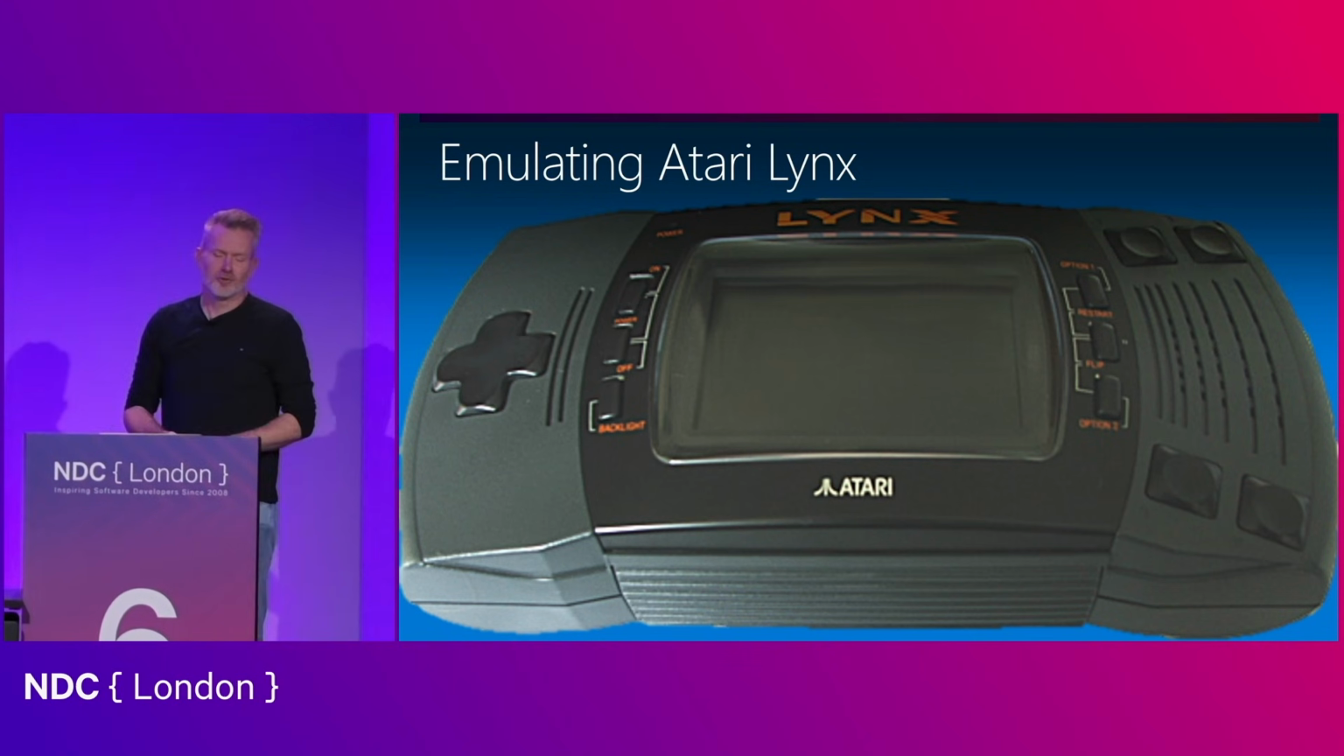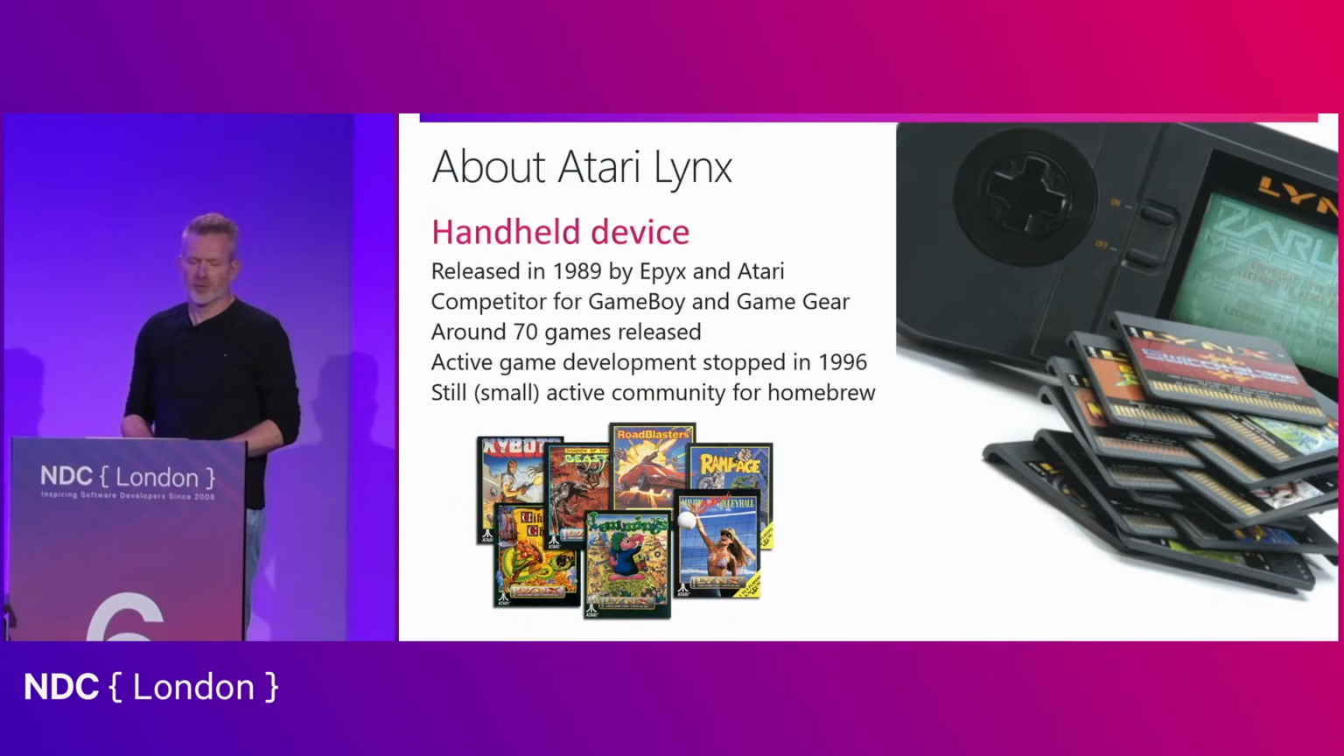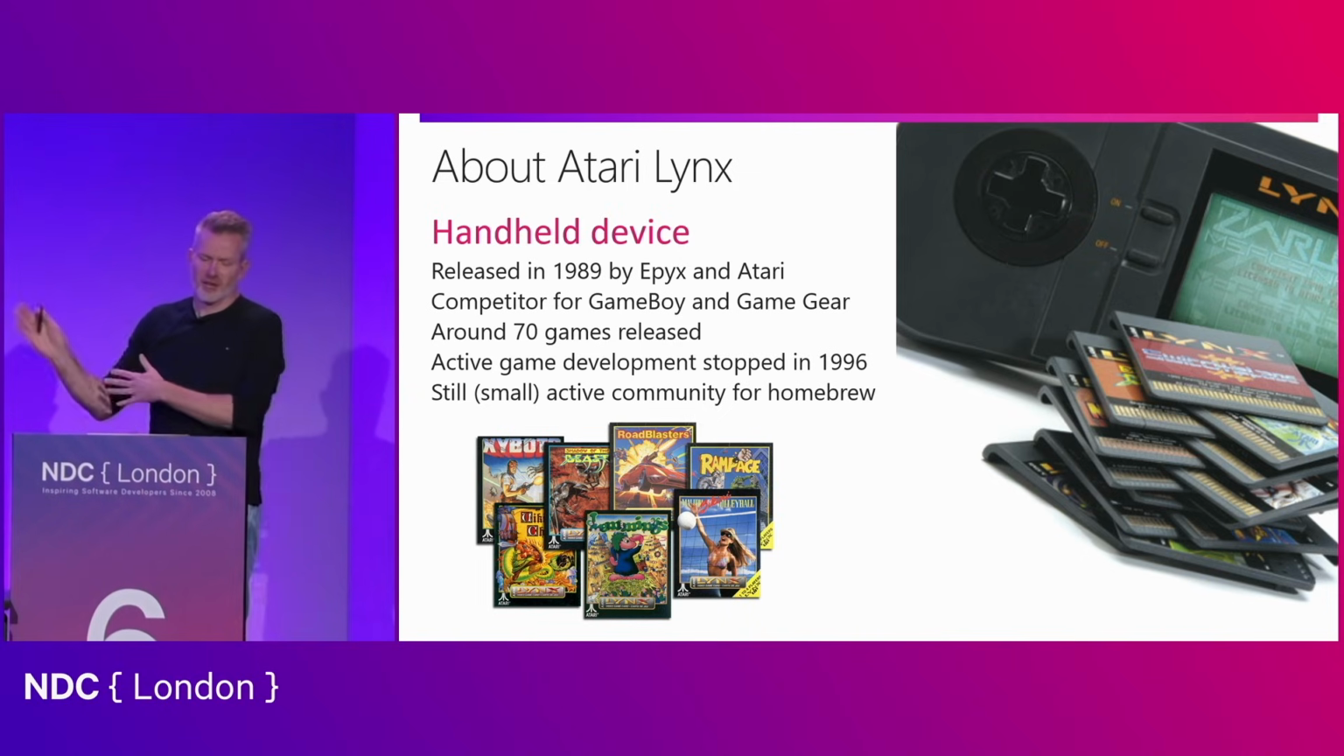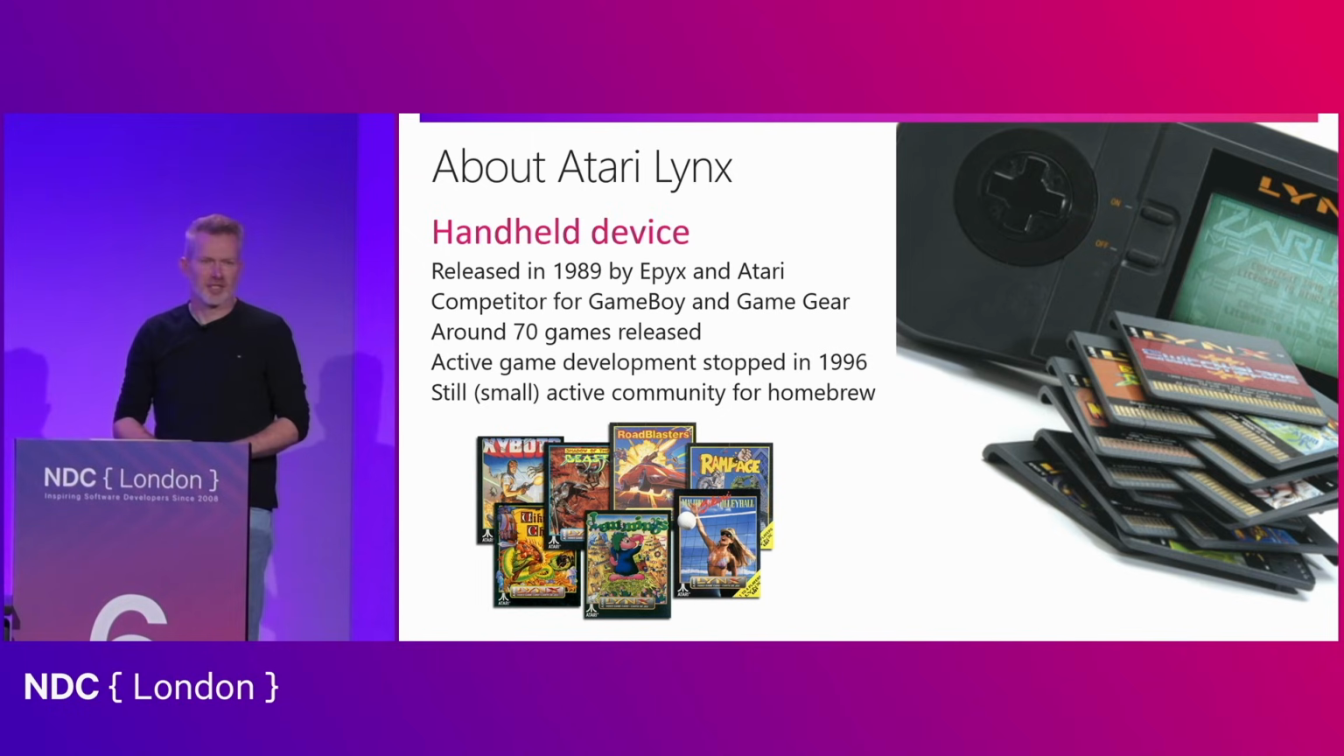So this is just to have an example and talk about something specific. The handheld device, like I said, was 1989, so it's already almost 37 years old. It was a big competitor to Game Boy, Game Gear. It lost the big battle. Game Boy came out as the winner. So Atari went bankrupt. They stopped development of this, and there were only 70 games released. So if you're a collector, it's a really easy way to get your complete collection, because there were only 70